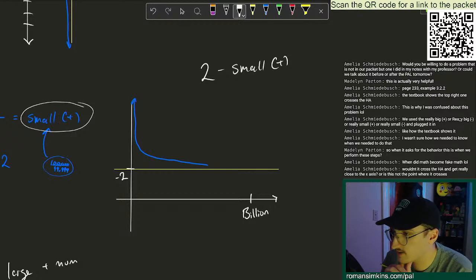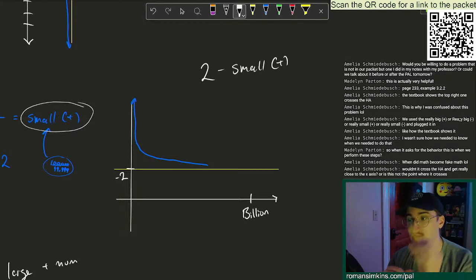Wouldn't it cross the horizontal asymptote and get really close to the x-axis? No. You have to be careful here, because it's going to be glued to that asymptote, and in our case, the asymptote is not the x-axis. So even if it crosses that asymptote at a certain point, and I think the textbook leaves it kind of ambiguous of where it actually crosses,